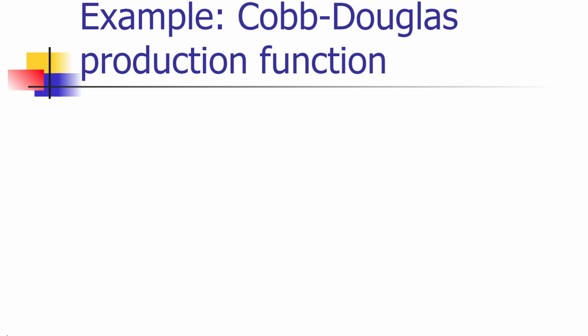One example where this is used quite a bit in econometrics is when we're working with a function called a Cobb-Douglas production function. And in that function, the quantity of output is equal to a constant times one input, in this case labor, raised to the power beta 1, times capital, which we normally denote by the letter K, because C is used for so many other things, raised to the power beta 2. This is clearly not a linear relationship, but when we take the log of this function, we get the log of quantity is equal to the log of beta 0 plus beta 1 times a log of labor used plus beta 2 times the log of capital.